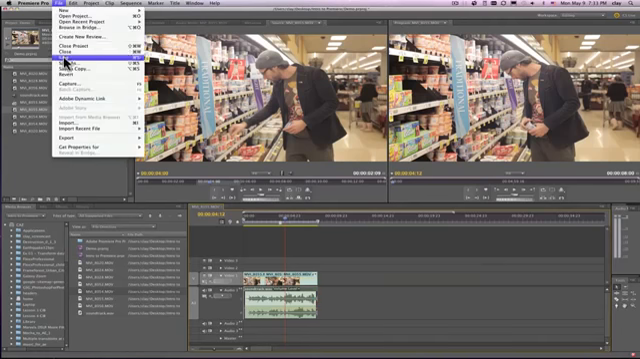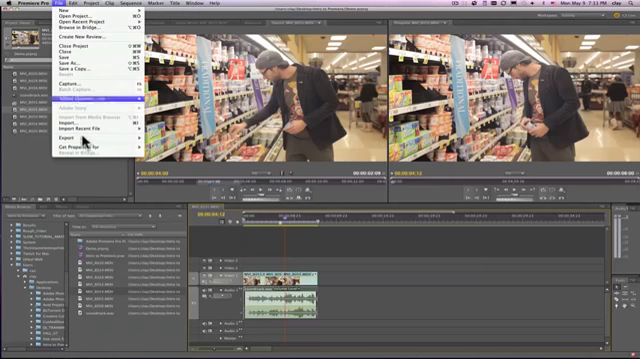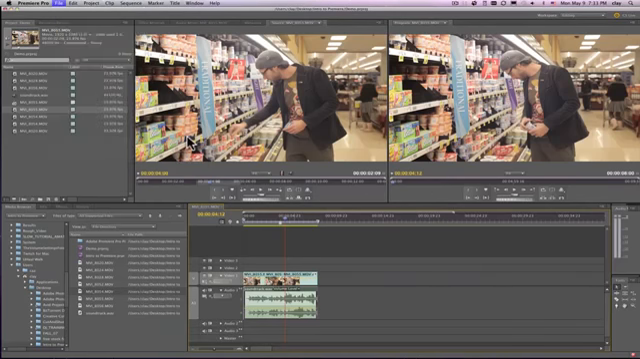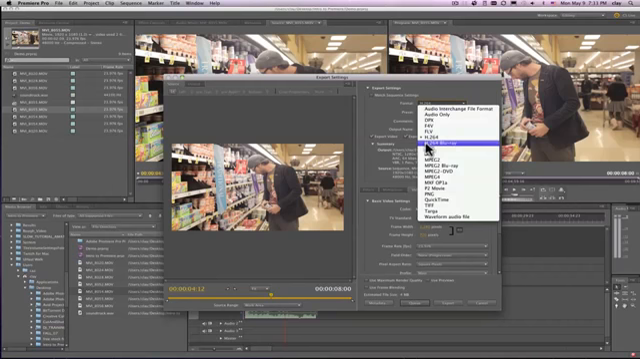So File, Save. And let's say that I want to export this now. I would go File, Export, and I'm going to export media here. And I have choices. Let's say that I want to do a web movie here. So I could go over here to Format and pick H.264, or I could pick Flash, which would be a